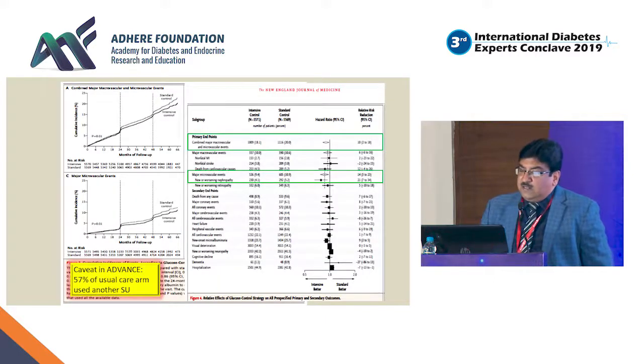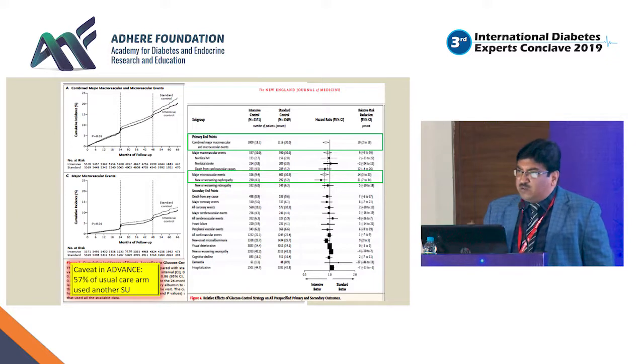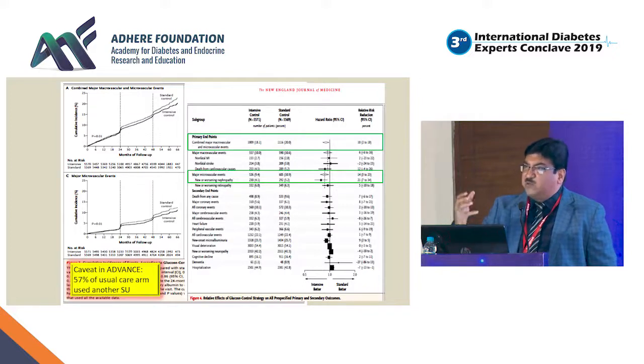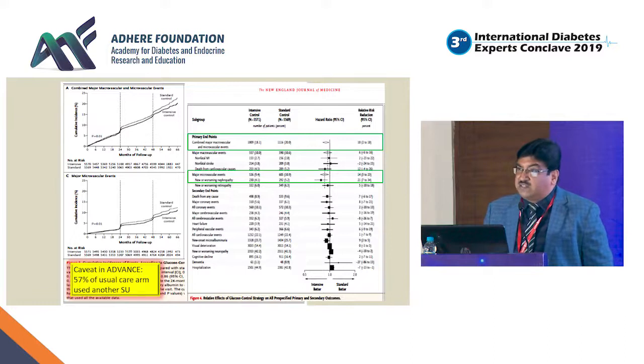Here is the result. It's a big slide. I will show you the data from that. What happens in this particular trial is that the primary objective of the study in ADVANCE was to look for the composite of both macro and microvascular complications. The macrovascular complication was exactly the 3-point MACE of the current trials, which you see in the CV outcome trials. And the microvascular combination was nephropathy or retinopathy. The trial had a primary outcome that we will study both the major macro, meaning 3-point MACE, and major micro, meaning nephropathy and retinopathy. And there was a 10% reduction in the composite of both macro and microvascular endpoints in